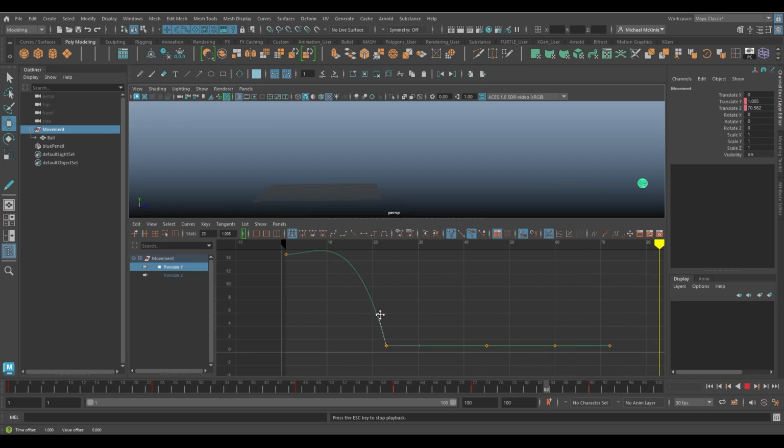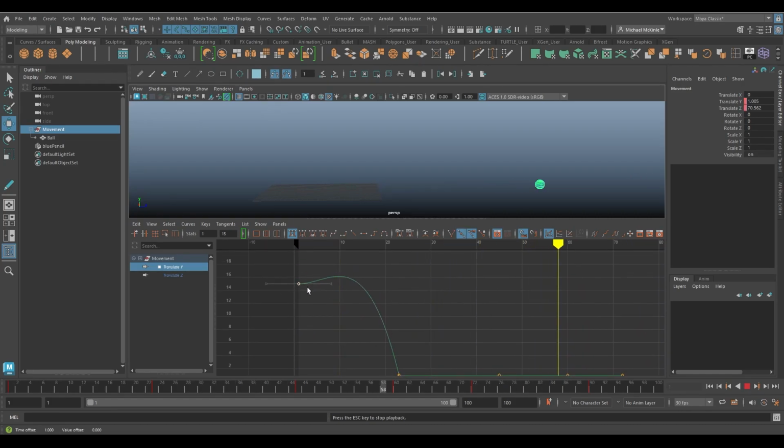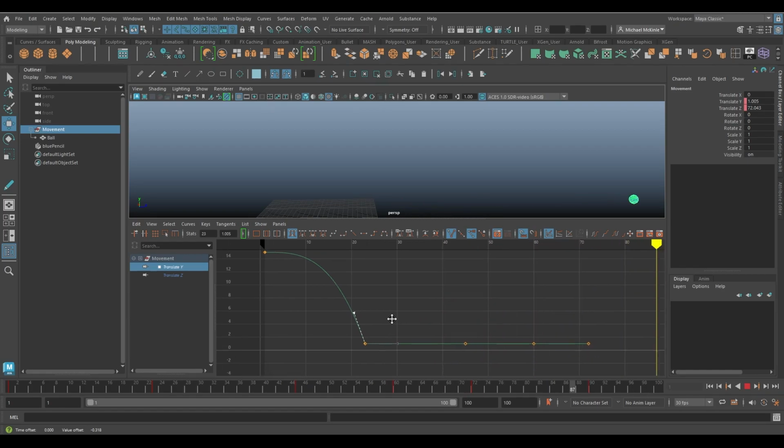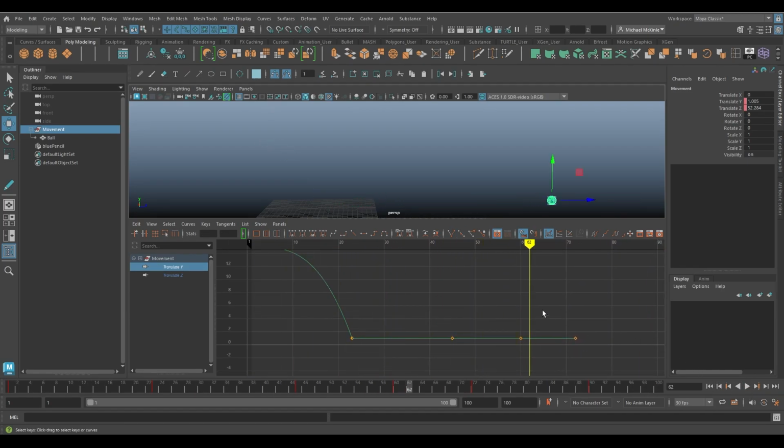And I can, of course, play with this some more. I can play with this handle as well. And maybe we want the ball to go up and then back down. See that? We can play with these shapes here to get different looks. Okay. I probably want to keep it just flat, arc out like this. Okay. So what I'm going to do is actually break the tangents for all of these keyframes because I want